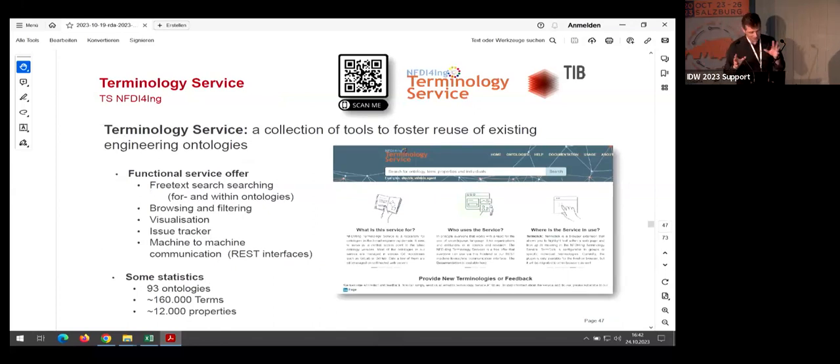We had, as I said, many. It was a challenge to find those ontologies for engineering and domain. We now have more than 90 ontologies available in the service. Some of them are really new. They are not, I think, well established, but they seem to have some importance. So we added them, and